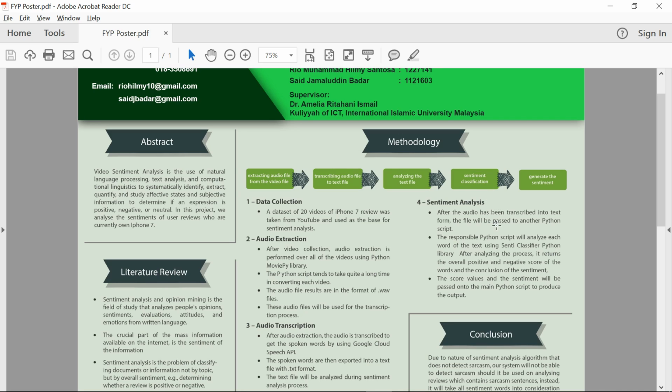This library works like this: it has a database of SentiWordNet, and this database is full of words, and each word in the database is paired with a score, a positive score and a negative score. For example, the word good has a positive score of 0.2 and a negative score of 0.0. So if the word good is in the text file, it sums up the positive score of 0.2,